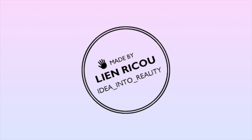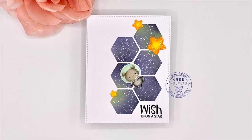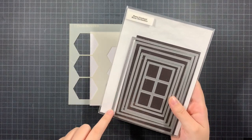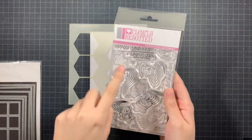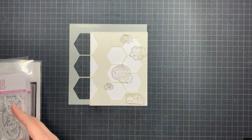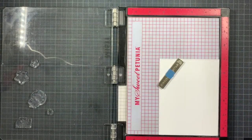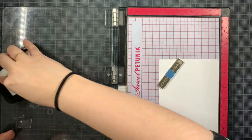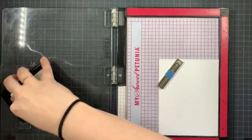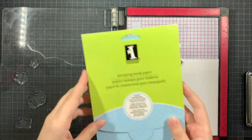Today I'm going to create a Happy Mail card using Clearly Besotted. The stamp set that I'm using today is the To the Moon and Back and then the Shoot for the Moon stamp set. Now I have die cut an A2 size piece out of Stencil Perfect coloring paper using the basic rectangles from my elephant, and aside from the stamps, I also took the 6-side stencil from Clearly Besotted. Now I first laid everything out, and once I was happy with placement, I stamped out the images using